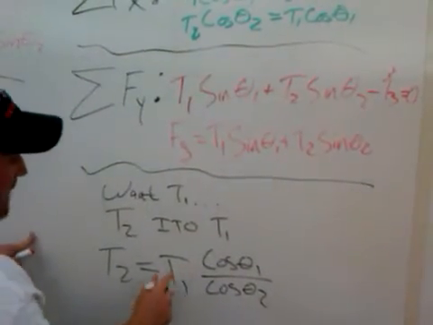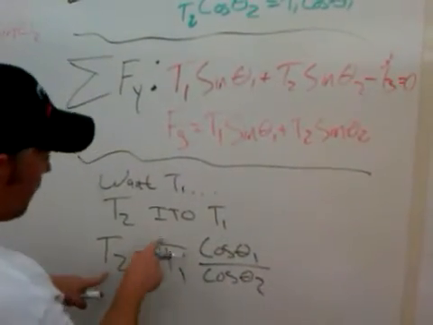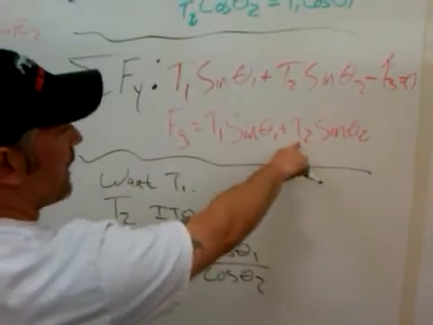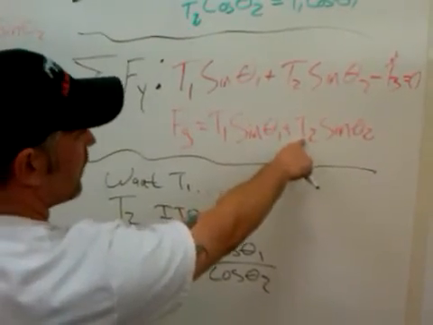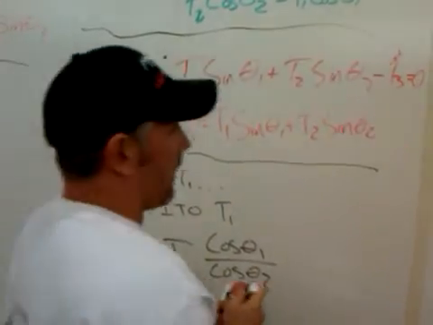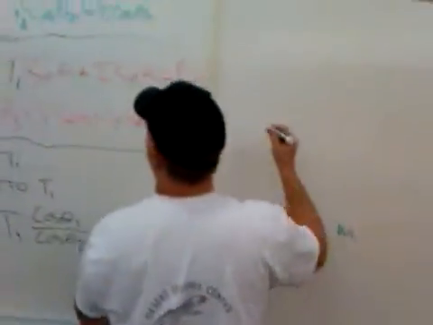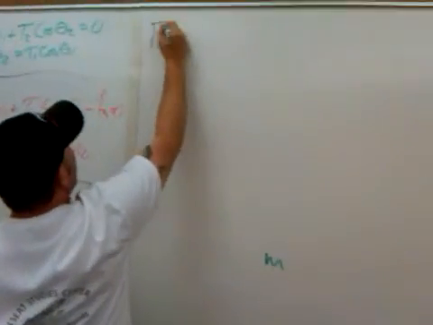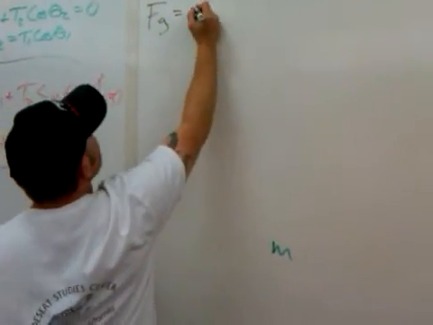Now that I've got that, I can take this term for T2 and plug it back into my T2 over here, and I'm going to end up with an equation that has all T1s in it, so I can simplify. So if we move over here and plug all that in, I'm going to have F sub g equals